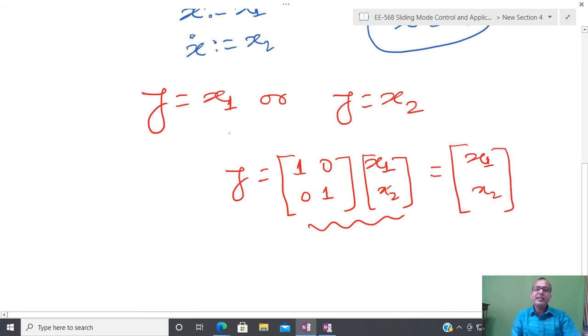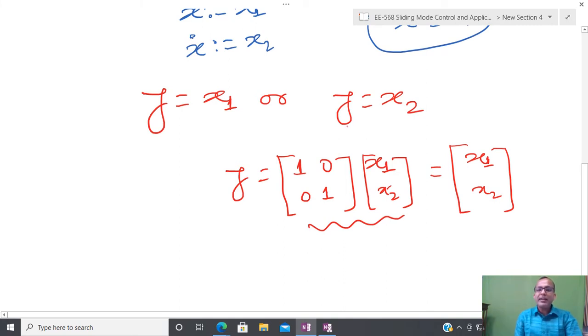In the first situation, I am assuming that I have information of all states, meaning position as well as velocity. In the second, I am assuming that just position information is available. In the third, I am assuming that just velocity information is available.